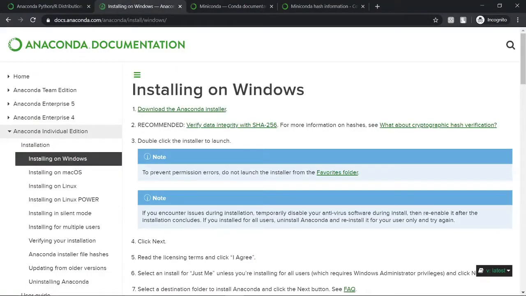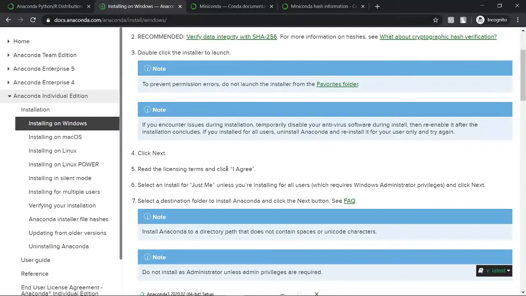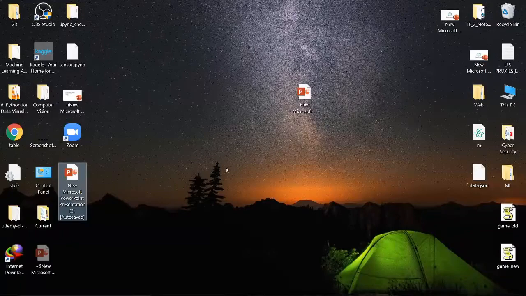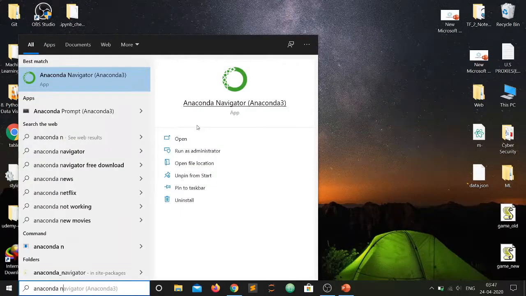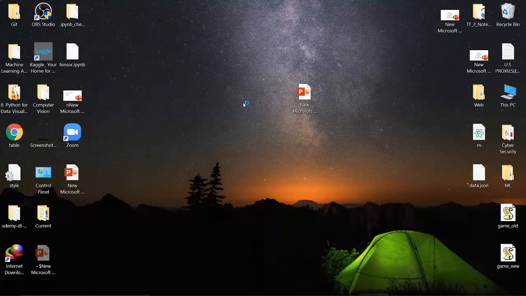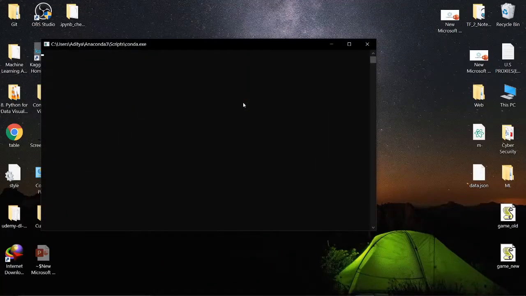Once you have successfully downloaded and gone through the installation steps of Anaconda, you should be able to search your computer for Anaconda Navigator. Let me search it first. This is a desktop app that allows you to quickly launch your Jupyter notebooks. So let's hit it, and it will take some time to load for the first time.